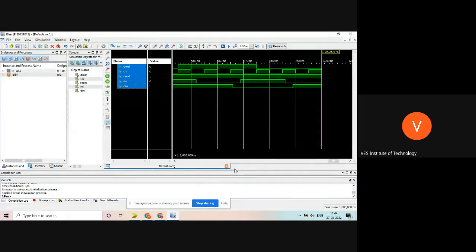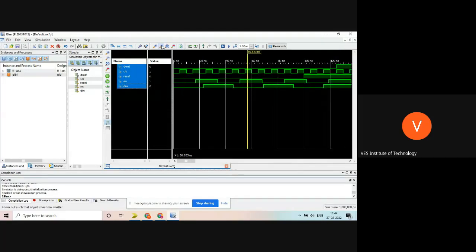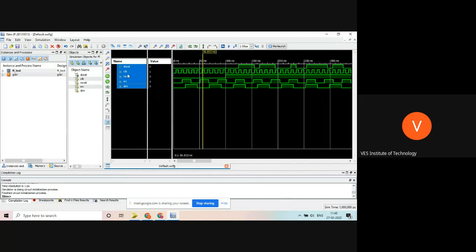You can see this. The clock is changing. Whenever enable is 1 and I'm getting a positive edge, this din gets transferred to the output. Up to this point, nothing has changed because reset was on. Reset is down here.